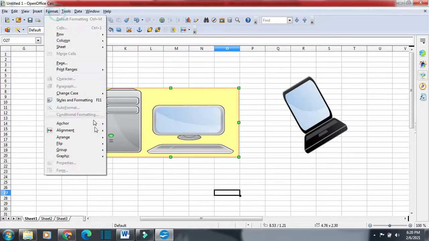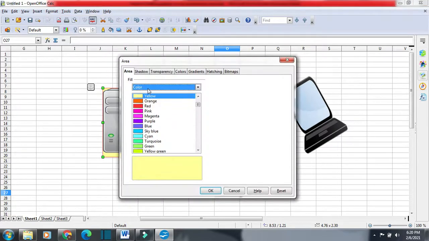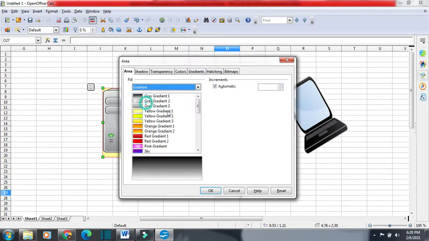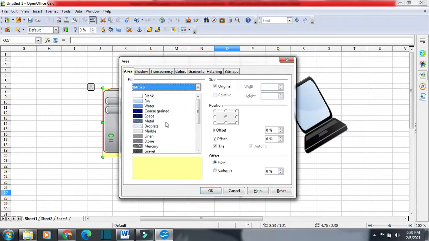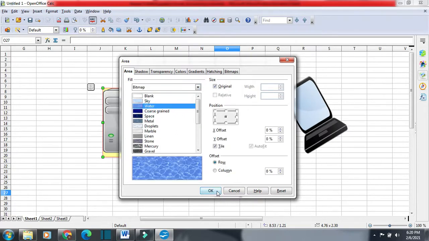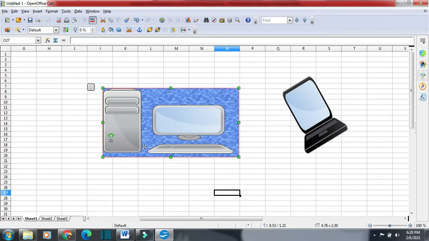We can again go to Format and Graphic, and we can change the fill to gradient also, multiple colors combined together. We can go for bitmap also, suppose water. So we have filled this in the vacant area of the image. This way we can fill the area of the image.